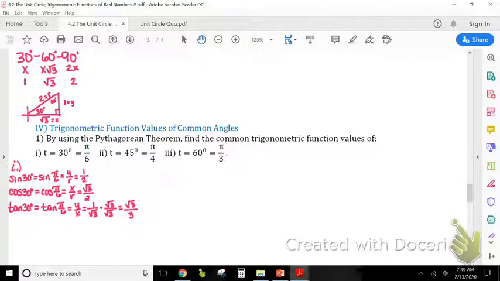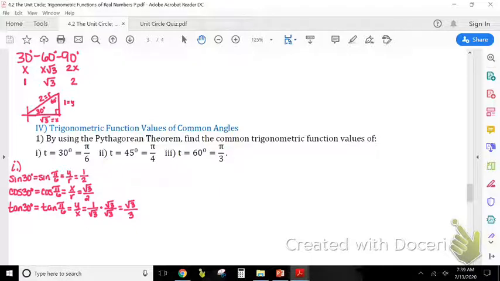Just as a little shortcut. All right, because it said the common trig function values, we're just going to do those main 3, because I think if you've got them, then you can do the reciprocals of them. So while we're on 30, 60, 90, I'm actually going to jump over and do